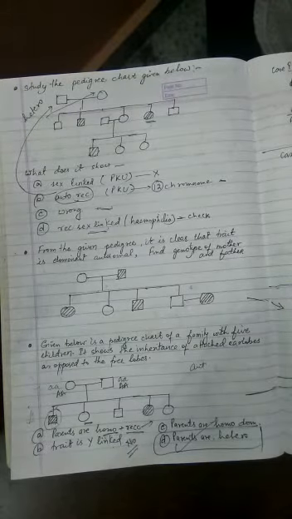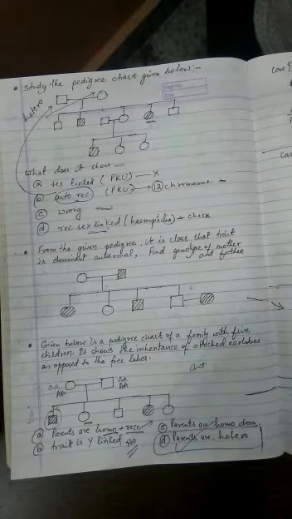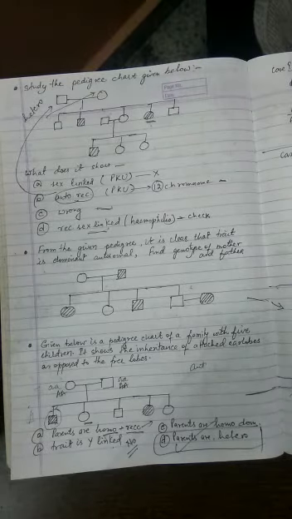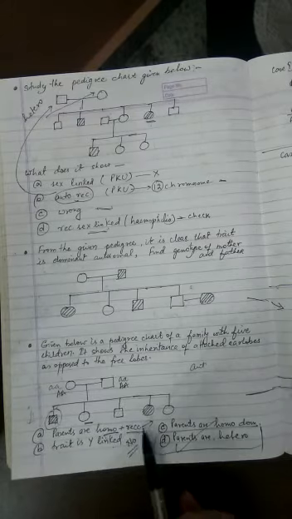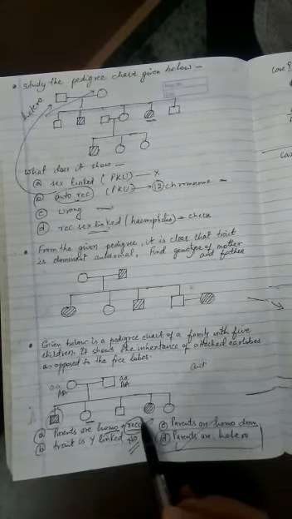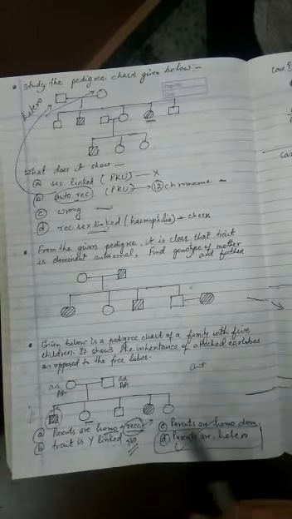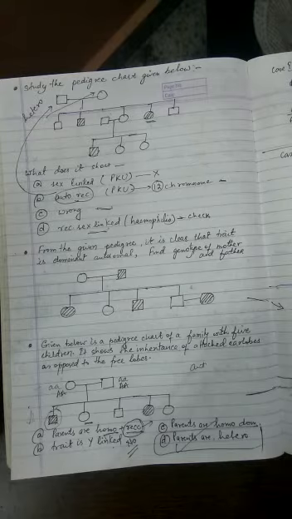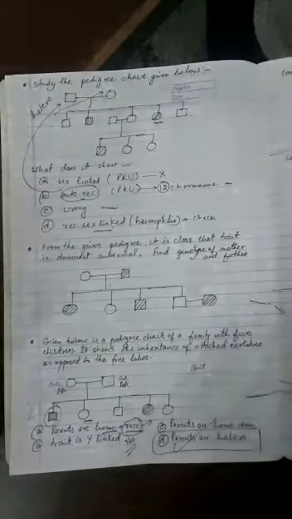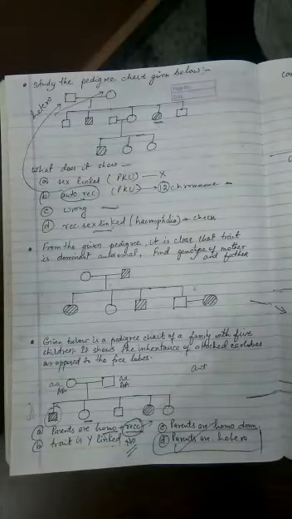So now let's go to the next type of pedigree. Now this pedigree is regarding a dominant autosomal character. Remember, the character we have learned here is the recessive autosomal character. Now the one which we are going to learn is also an autosomal one, but it's a dominant type of character. So now if a character is a dominant, autosomal one, we have to find out the genotype of both the mother as well as the father.